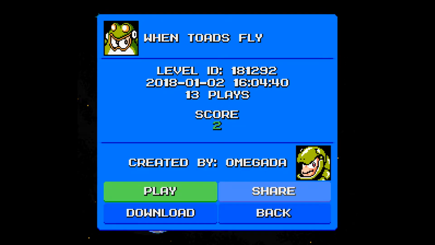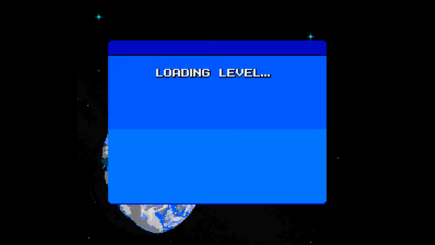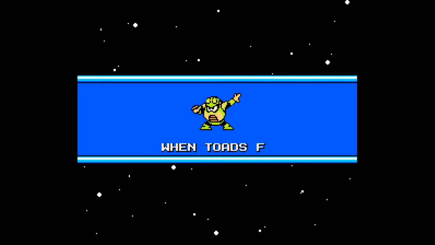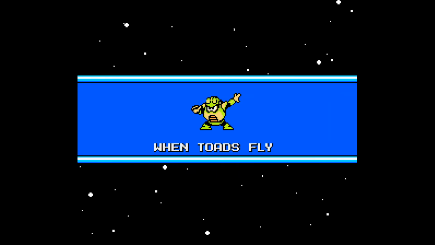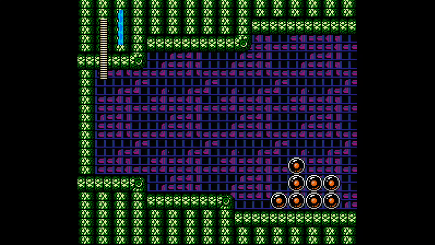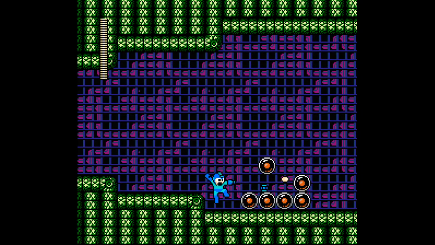Second on the lineup is When Toads Fly by Omegada, 13 plays and a score of 2. This is their third level in their short mini-series of Fortress levels, following their mini-series of 7 or 8 levels that I already played through, of Roadmaster-like stages. I already played through their Fortress Stage 1 and 2 in the previous part, so let's see how this level